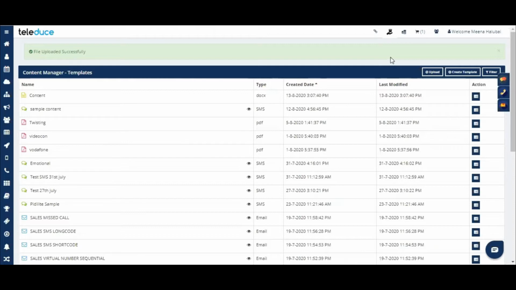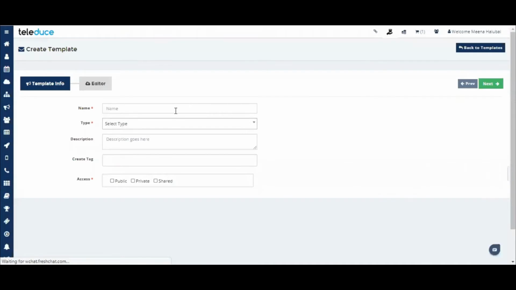Now let's go on to how to create a template in case you don't already have one. I'm going to click on create template and give a template name. I have heard a lot of my clients, or customers, ask why we need to fill in this information.